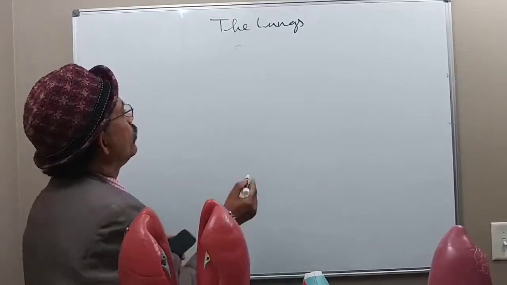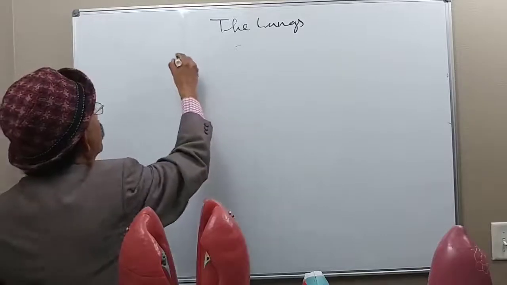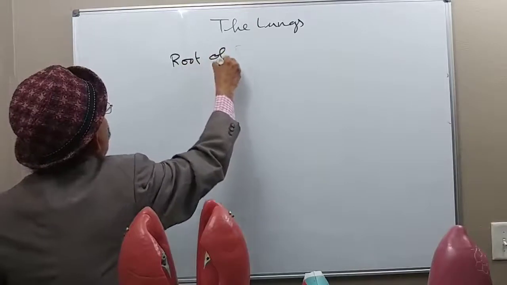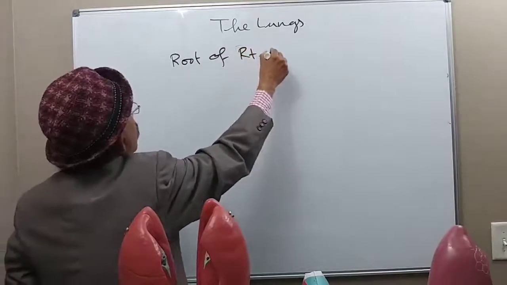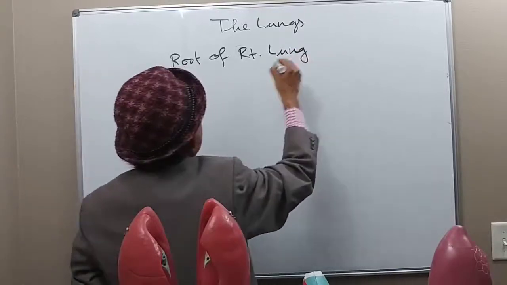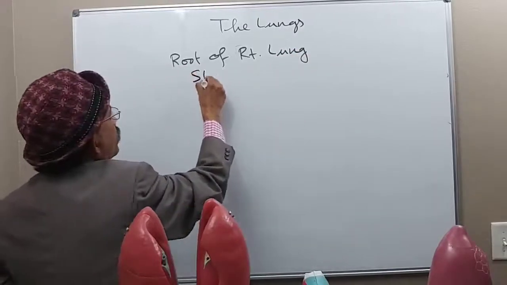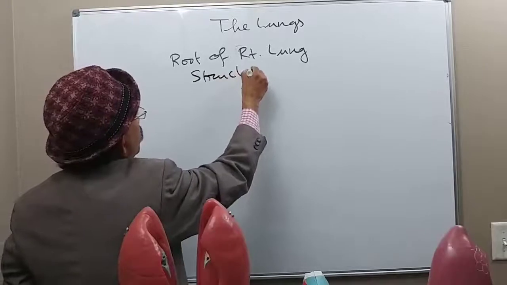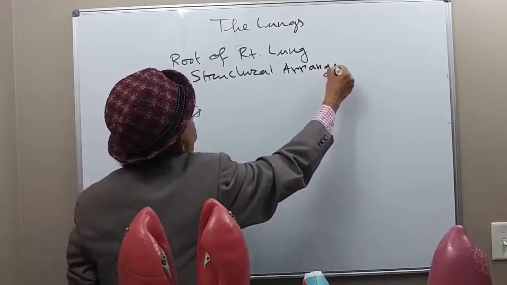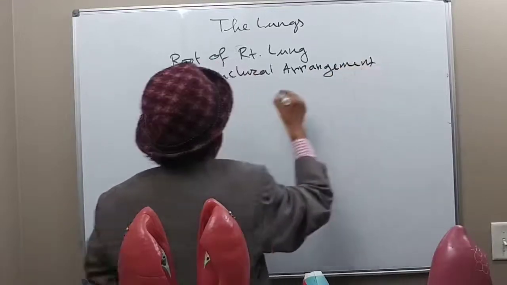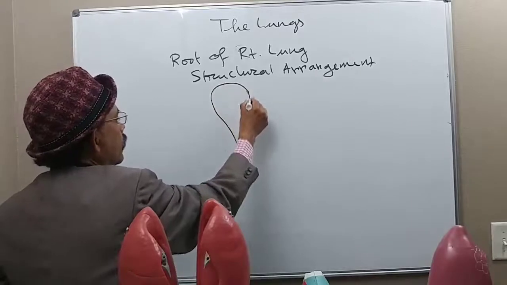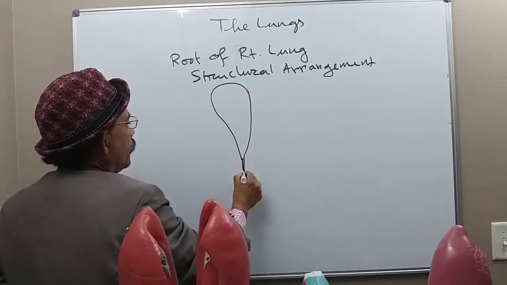So if we go to the root of the right lung, how they are arranged, we must find out the structural arrangement. So if this is the root of the right lung, then we'll get